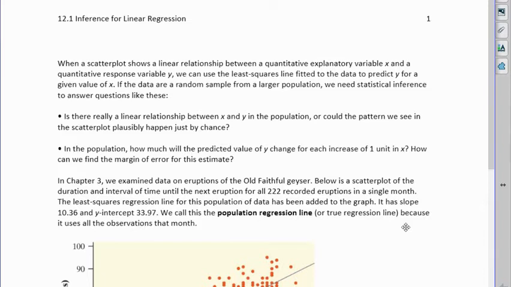So first of all, you have to create your scatter plot, because if we recall, the only way to see if you have a linear relationship is to look at the relationship that you have graphed. So you absolutely will need to create a graph in order to see that it's linear. And if you have quantitative information where your x and your y are both numbers, then you have a possibility